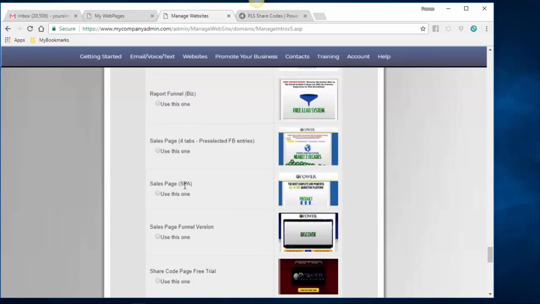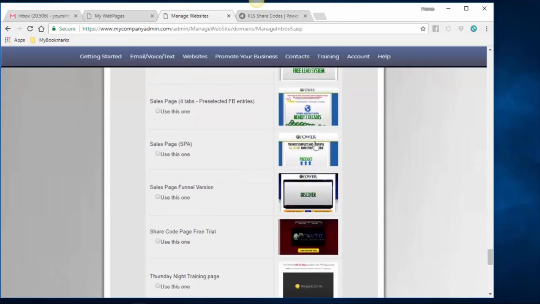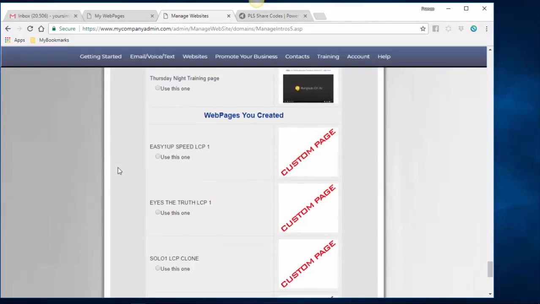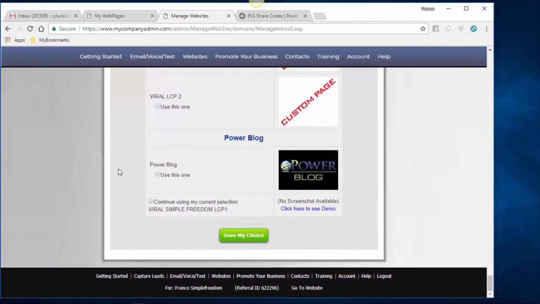This is the one that you want. This is the one that I want because this is the Power Lead System default sales page. Okay? So that's what I want. So I'm going to bubble that in, use this one. Now I'm just going to go to the bottom, save my choice,